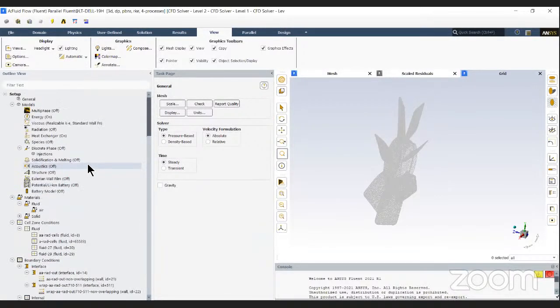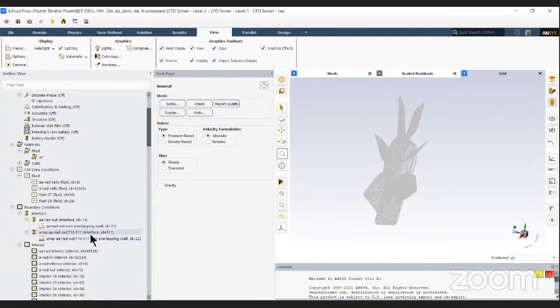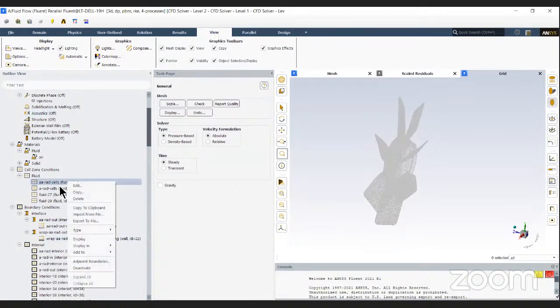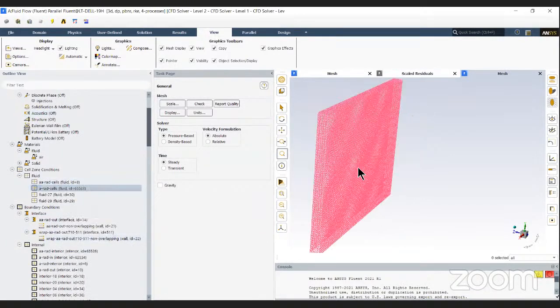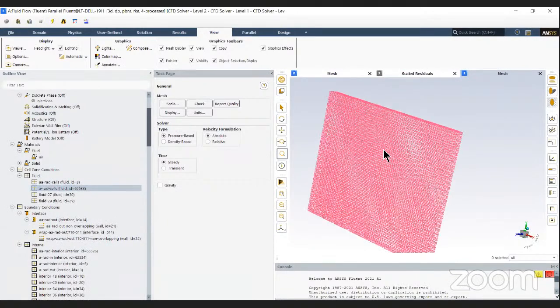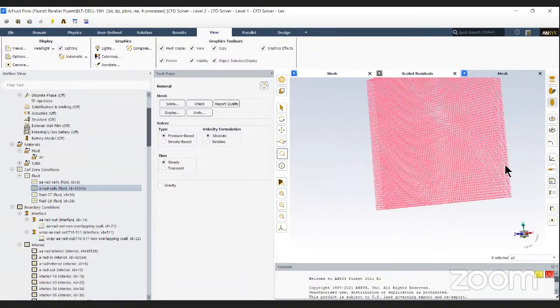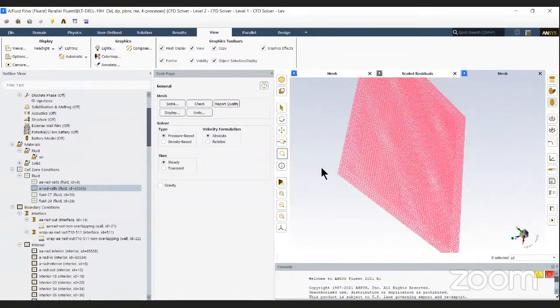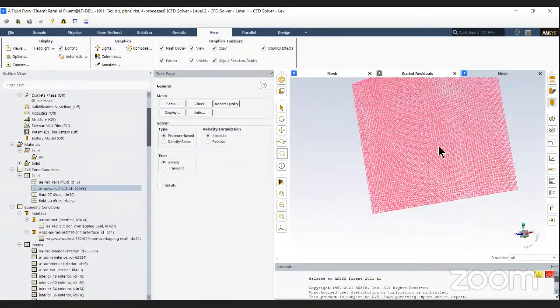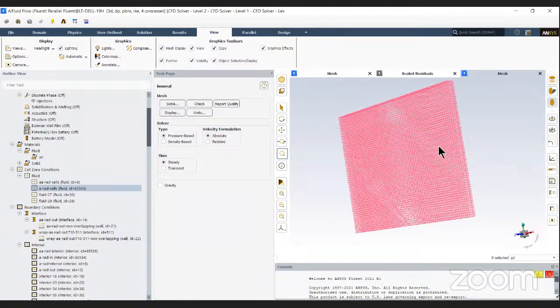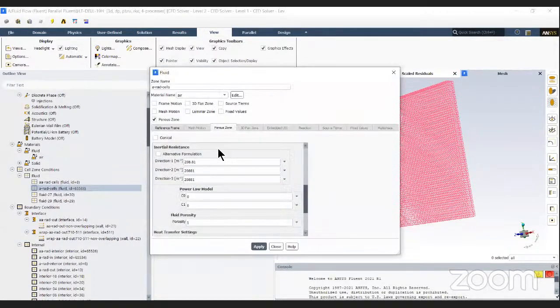Now, the other thing that I wanted to talk about is the radiator. So let me go ahead and display this over here. There are no fins. There is nothing in this radiator. It's just a simple cuboidal domain, right? So how am I simplifying my radiator like this? That's where Fluent comes in. If you select this over here, you will notice that,